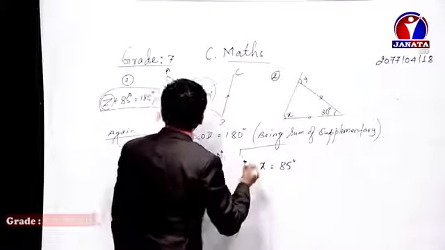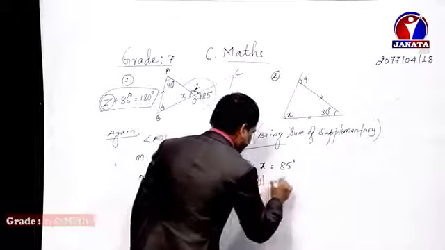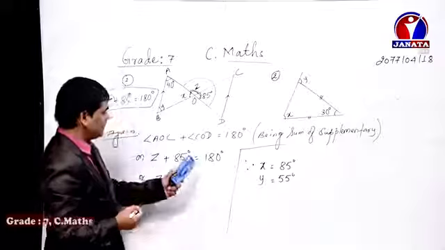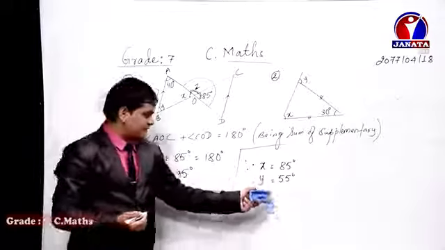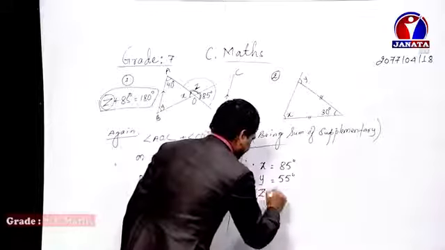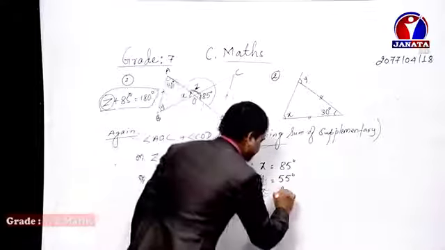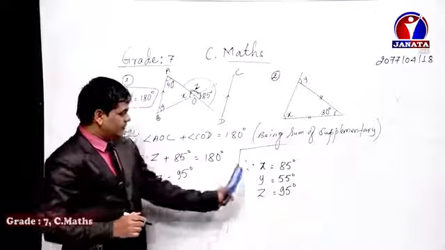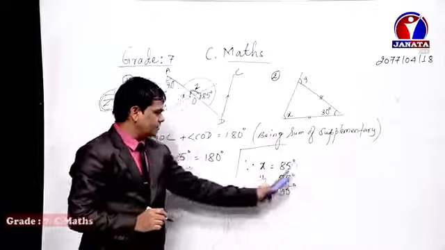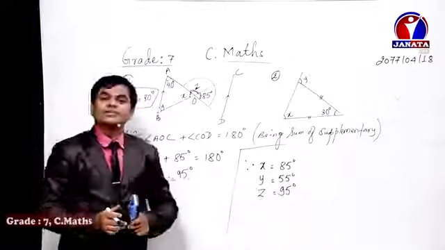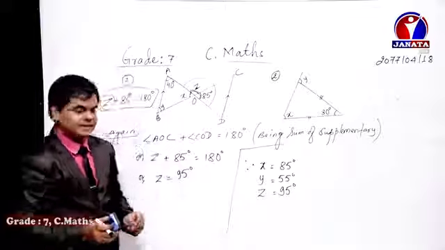And then, what is the value of y? What did you get? 55 degrees, I think, isn't it? I have already erased it, but I remember the value of y was 55 when we found it. Now it's the time for z. The z value we got just now is 95 degrees. So this is the way of writing the conclusion. Therefore, x equals 85 degrees, y equals 55 degrees, and z equals 95 degrees. If you write in this way, you deserve full marks for that question.